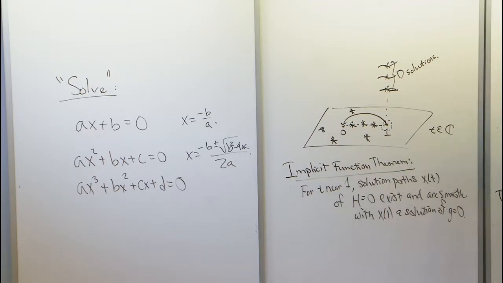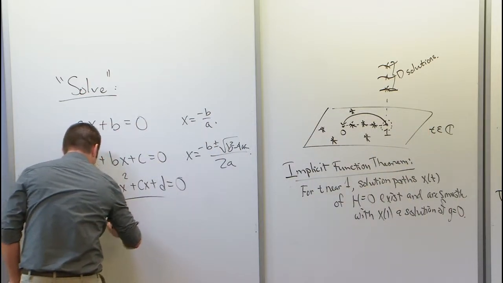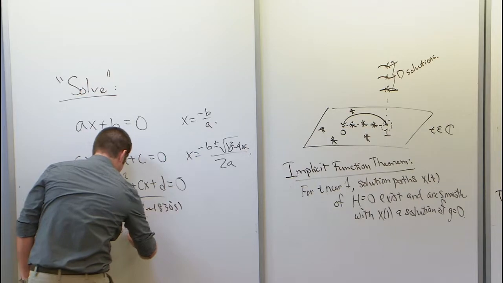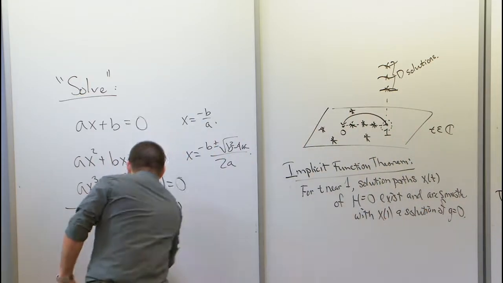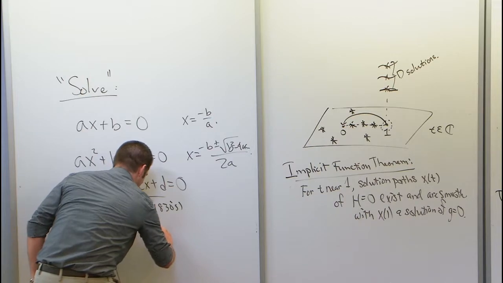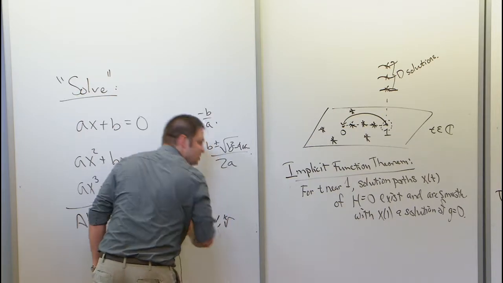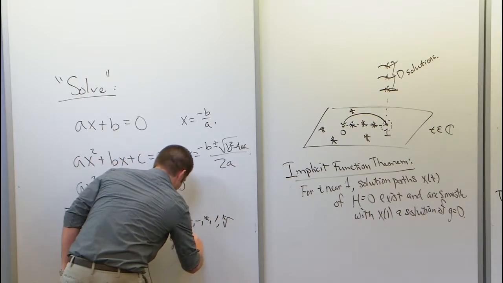Anyone know the cubic formula? It's very complicated when you have that many coefficients. What about the quartic formula? Has anyone ever looked at the quartic formula? Okay, a few people. Good. And then what happens? Abel and Ruffini, in roughly the 1830s: no formula. There's no algebraic formula. Of course, no formula with radicals. No formula involving plus, minus, times, divide, and radicals, such that it solves general quintics,